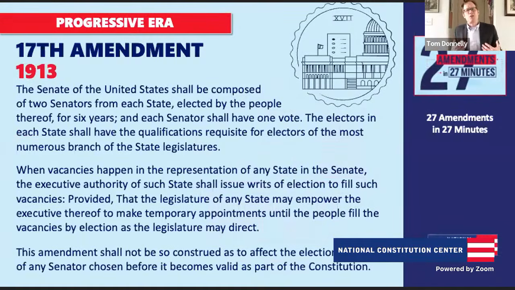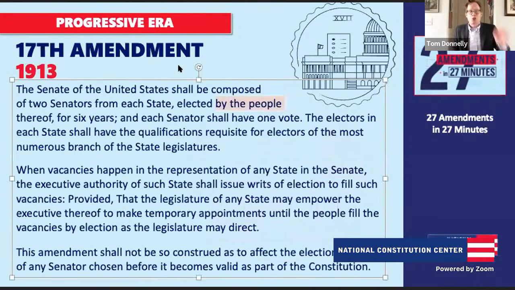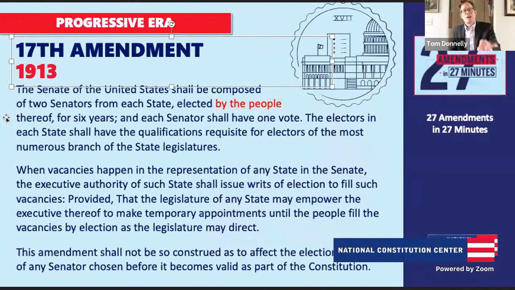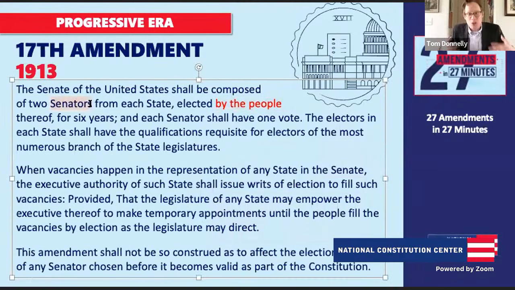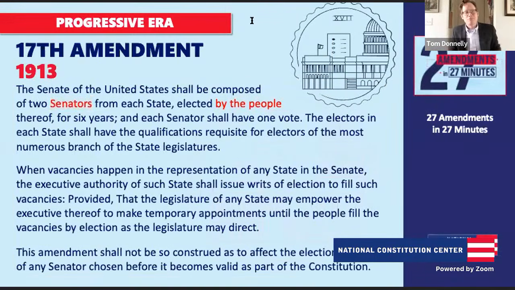So under the original Constitution, senators are selected by state legislatures. With the 17th Amendment, we say, no, no, no, we think the voters should select senators. Two big reasons. One, the direct election of senators is consistent with broader trends towards greater democracy in the United States. The other is that some reformers charged that state legislatures were selling some Senate seats in backroom deals. And so there are allegations of corruption. It always blows my mind that we did not vote for senators before 1913. It feels like such a short time ago.